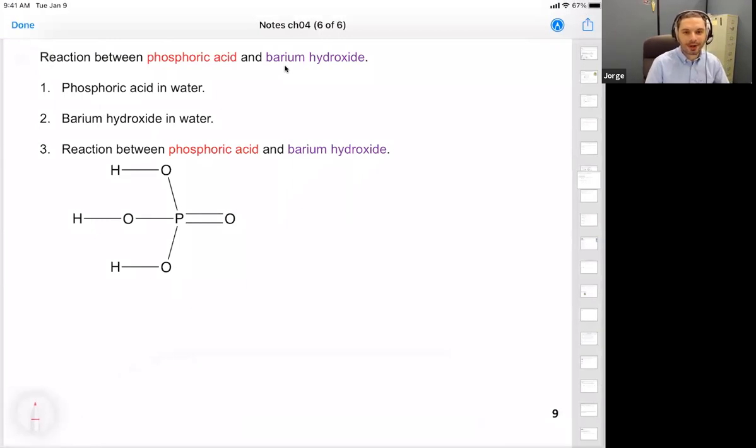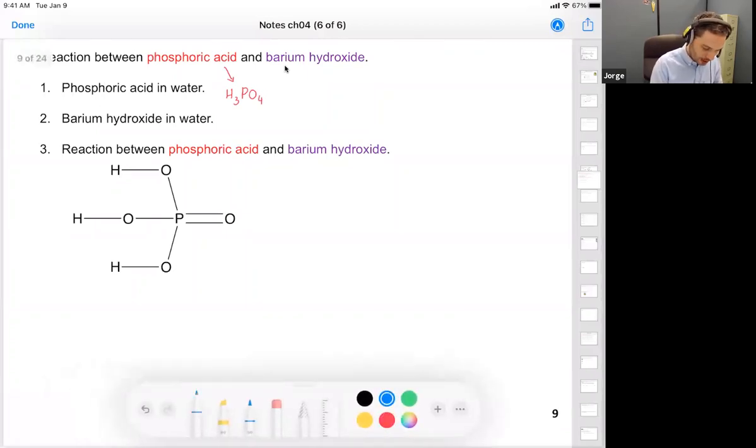Okay, so phosphoric acid is an oxo acid. Remember about Nick the camel? So you are going to end up with PO4 as the phosphate. PO4 has a 3 minus charge that will be balanced out by 3 atoms of hydrogen. Okay, so therefore, phosphoric acid is H3PO4. And that will react with barium hydroxide,